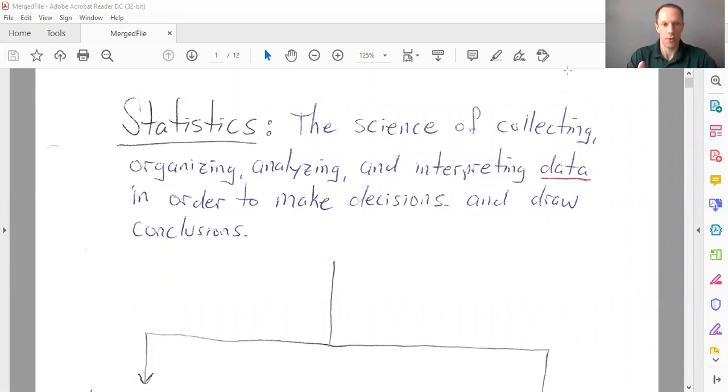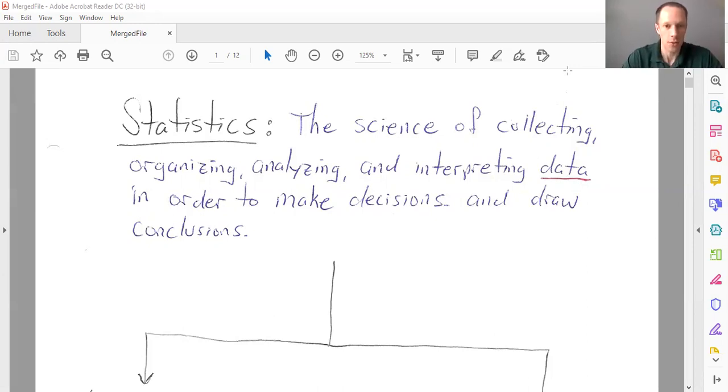For the purposes of this course, we'll say that statistics is the science of collecting, organizing, analyzing, and interpreting data in order to make decisions and draw conclusions. So data is going to play a big role here in statistics. We'll talk a little bit more about data in just a bit, but for now you can see that statistics is all about collecting data, organizing data, analyzing data, interpreting data, and we do all those things for a reason. We're doing them so that we can make some kind